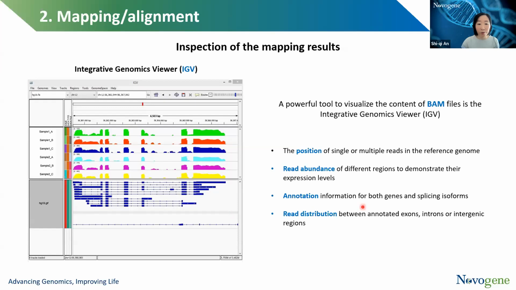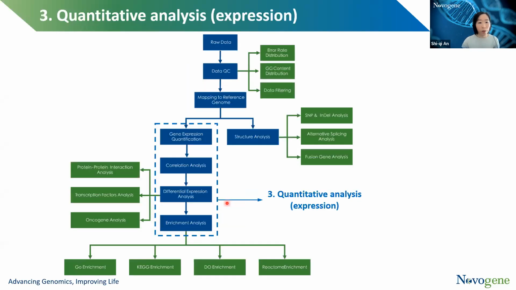So after that, you will also be able to see annotation information along with your sequence results. And also you will be able to see how those reads are distributed between exons, introns, and intergenic regions as well. Okay, so this would be the annotation track. Now once we have mapped the sequence results, we're going to move on to the next stage